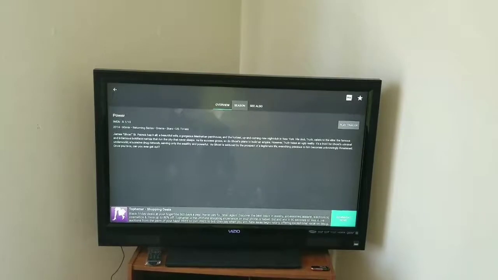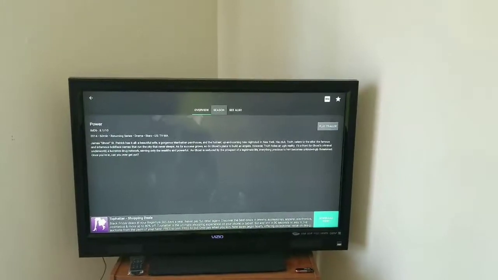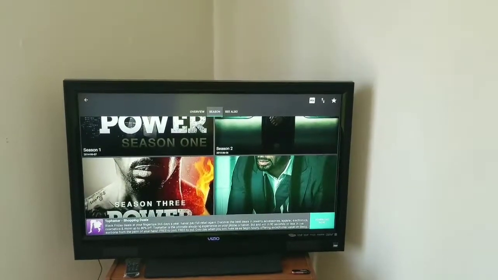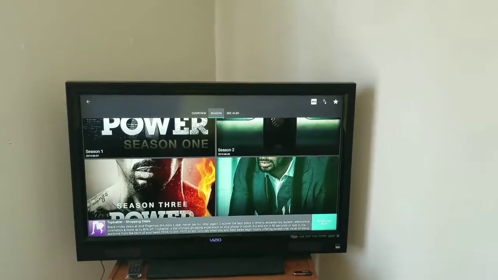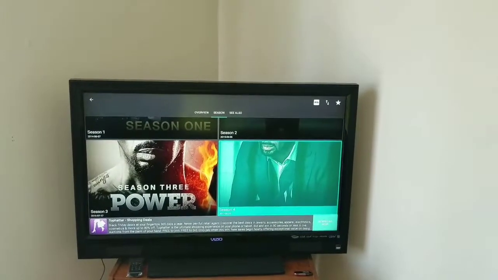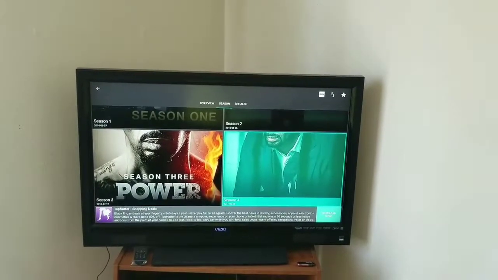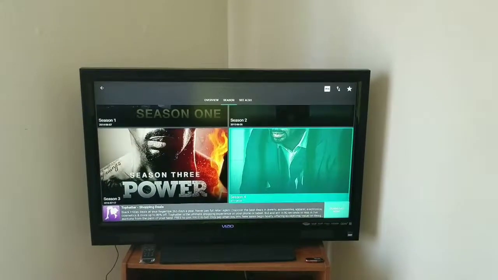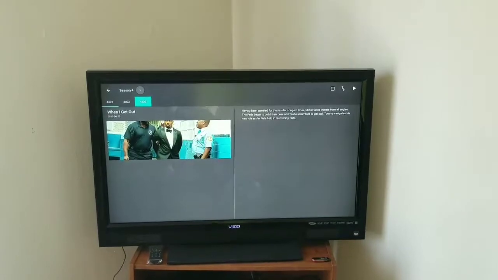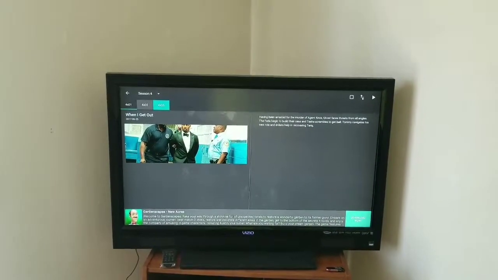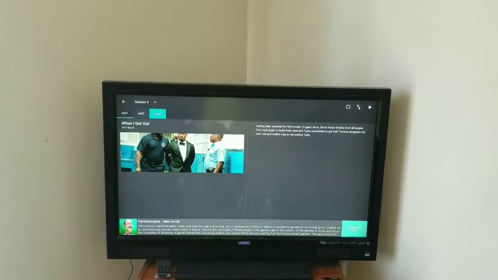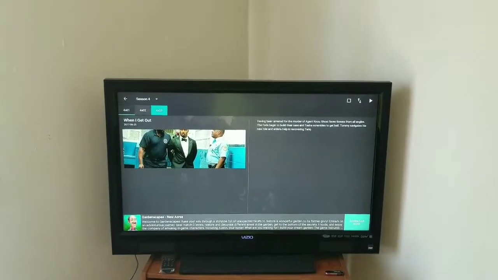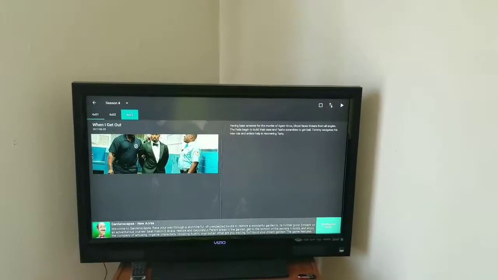Alright, but the way you want to look at the TV show, you want to click on season by pressing OK when it's highlighted. You press down. If you are current with the show, you'll click on season 4. You'll go down and press OK on it. Alright, and then Terrarium, it has 1, 2, 3, 4. An episode just came out